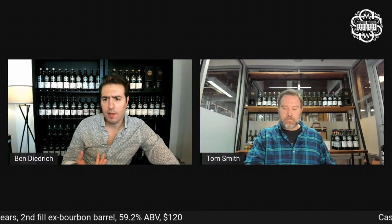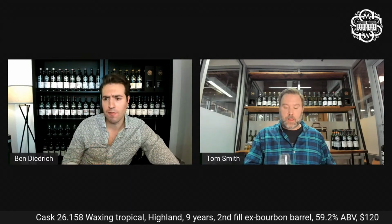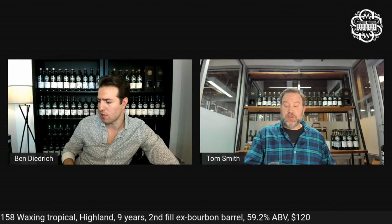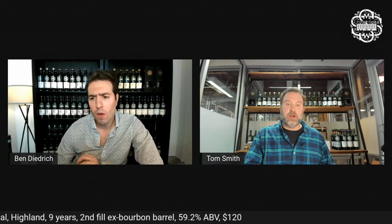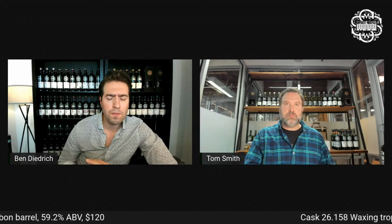Still fresh to the palate. I mean, obviously, such a high strength, 59.2%. It's going to be intense. The delivery is very intense, but I think the delicate profile makes it surprisingly palatable for such a strong whiskey. It's definitely got some intensity there on the entry, getting like baked goods,